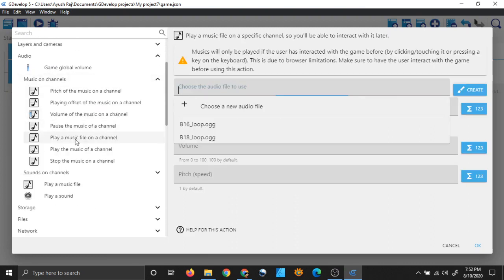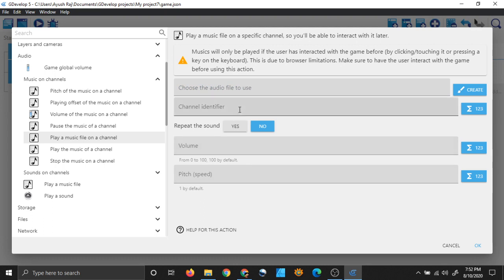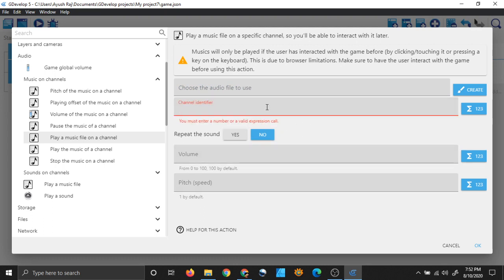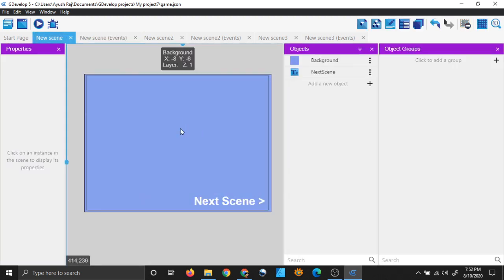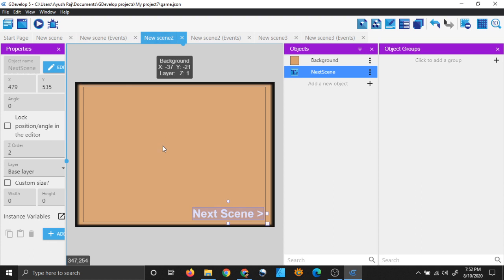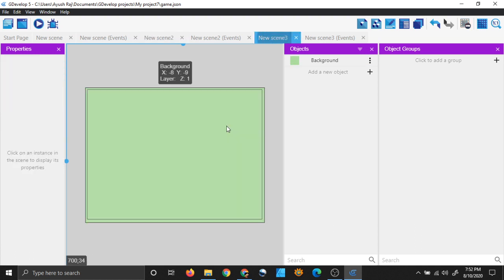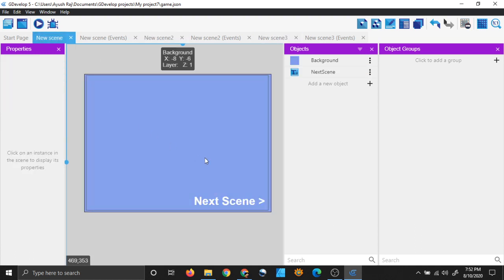You can see that you can have a channel identifier, which means a number using which you can identify a music channel. But by default, the music channels are isolated. That is, all the music channels belonging to this scene will stay in this scene only, and they will not be shared in this scene or this scene, right? So how to share music channels between different scenes?